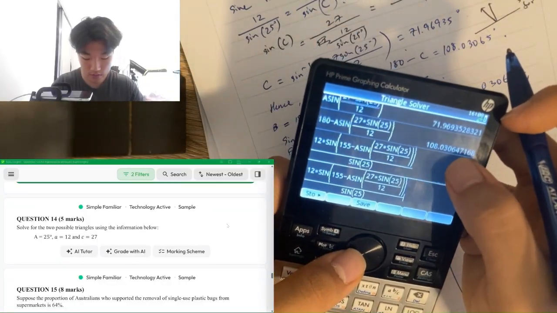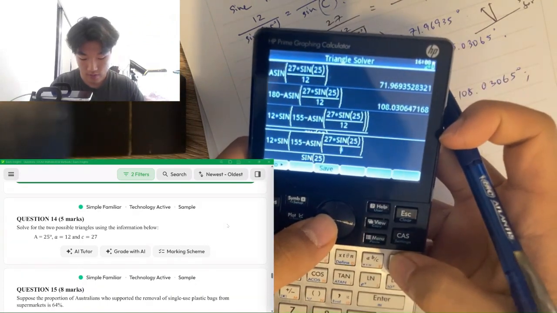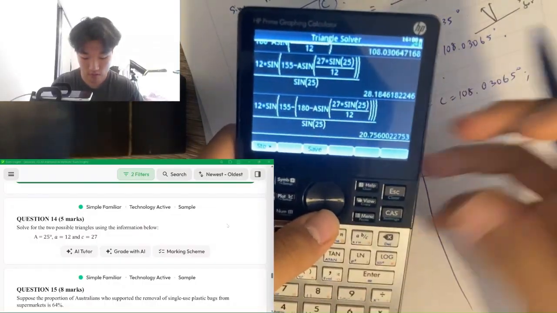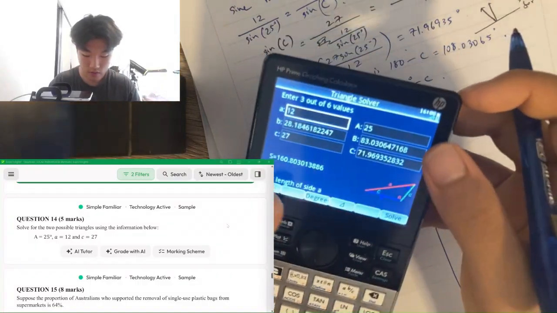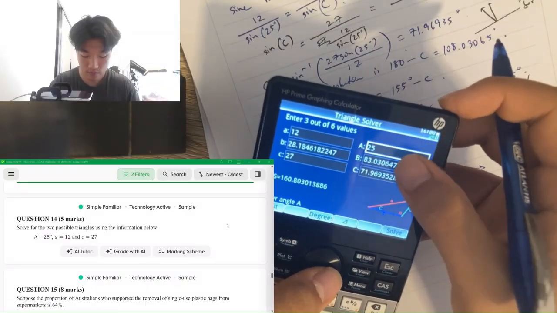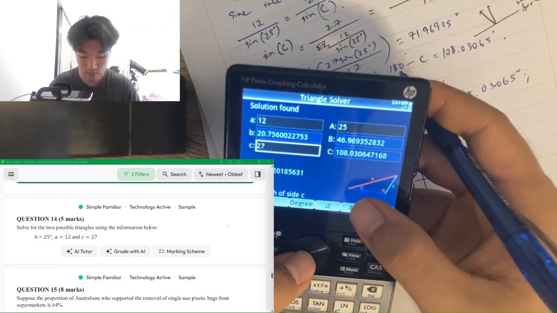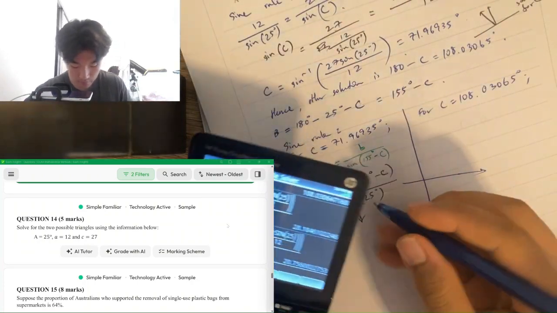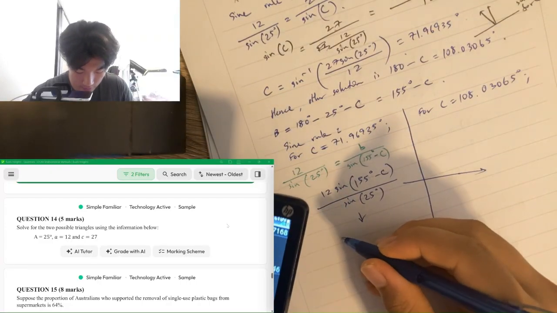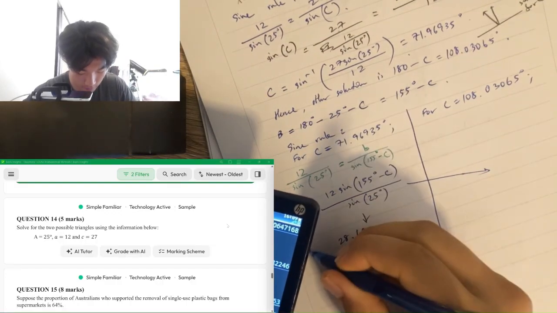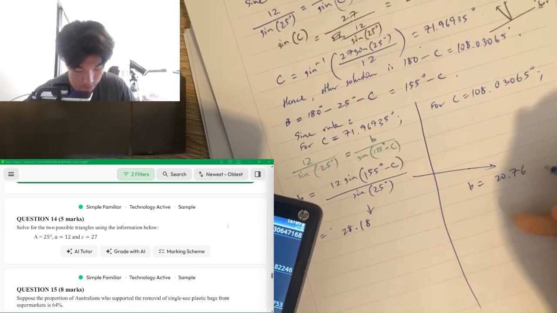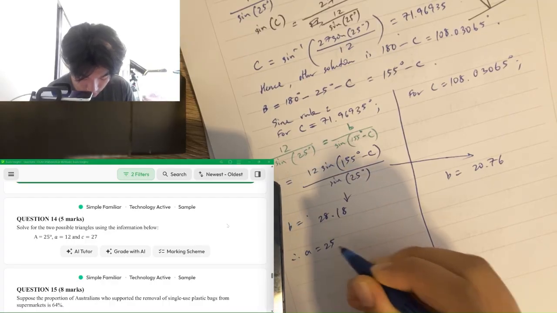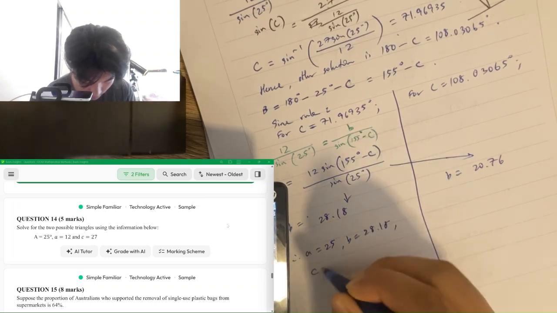Okay, then we change it. And instead, 155 minus brackets, because we're minusing the entire thing, since there's actually two terms in this case, we get 20. Let's cross-check with triangle solver. Yeah, that's exactly the difference. Okay, so here we have B being a side length of 28.18. B equals 20.76 over here. Therefore, A equals 25, B equals 28.18, C equals